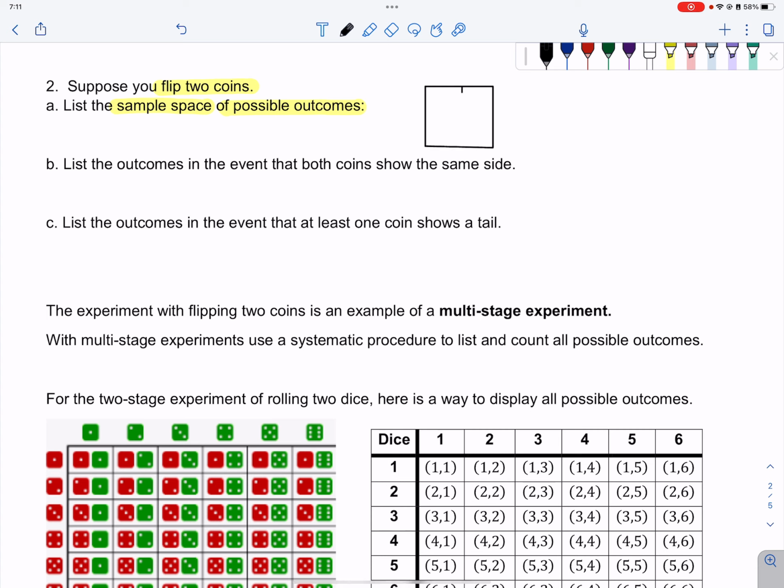So I'm going to draw a 2x2 table. And on the left edge, I'm going to write my outcomes for the first coin. The first coin, we can either get tails or heads. And then along the top edge, I am going to write our outcomes for the second coin. That coin as well can either be tails or heads. And now, if I fill in the intersections where the values for these match up, so tails, tails, tails, heads, heads, tails, and heads, heads,